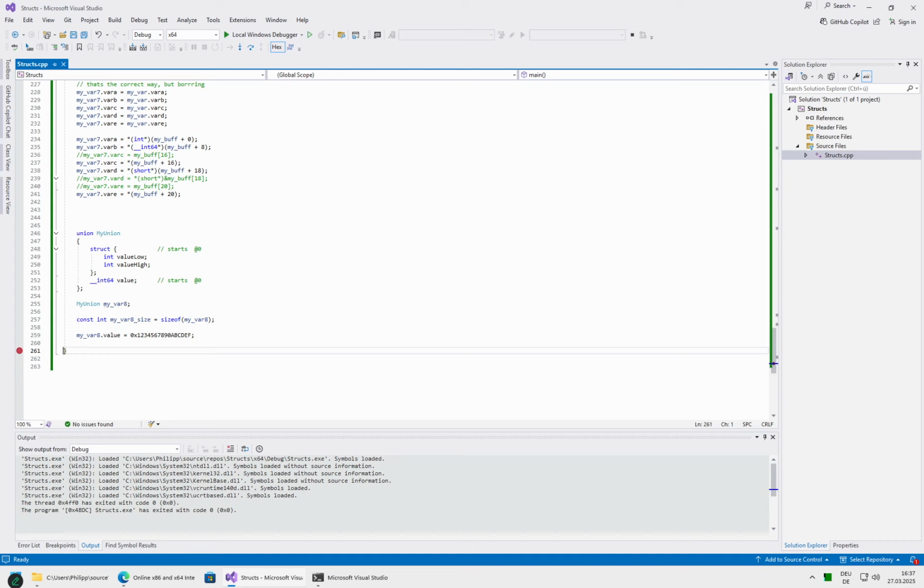We could also get addresses of those and then make the difference, and then we'll see the same behavior. So such a union is usually used if you want to make it easier to dissect things, or in some APIs you also use unions as parameters. Then you would have a structure inside your union